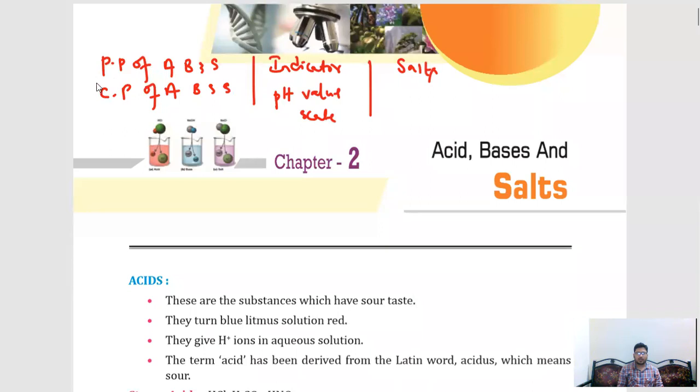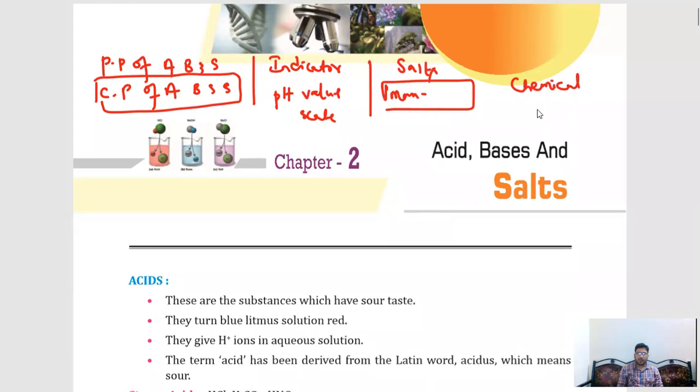So in the chemical properties of salts, and chemical properties of acids and bases, and at the same time manufacturing of salts, we will get a lot of chemical equations. All these chemical equations are so important. In examinations, they will be asking questions regarding these chemical equations. So what chemical equations are there in your textbook? At the same time, in this material, please try to read all the chemical equations.